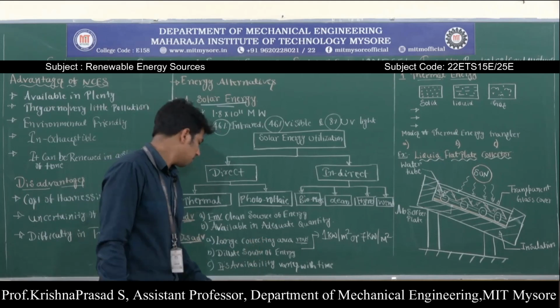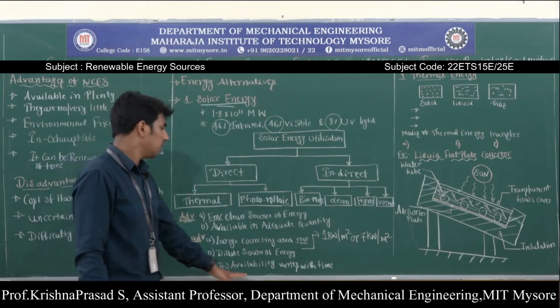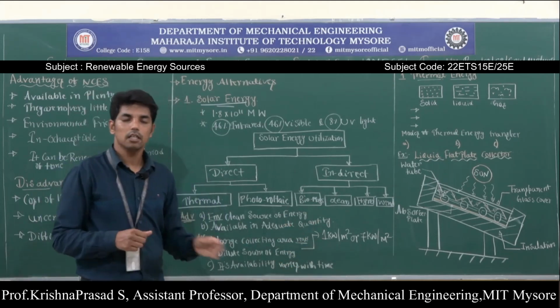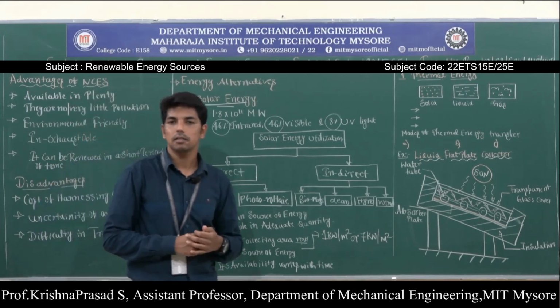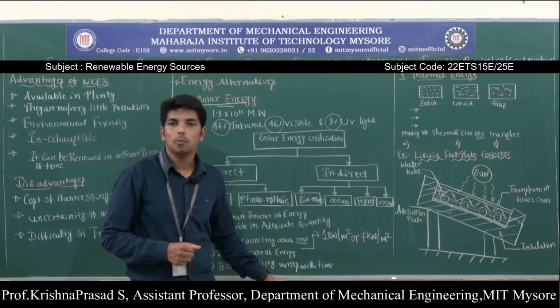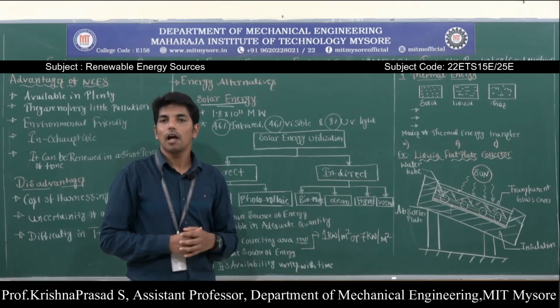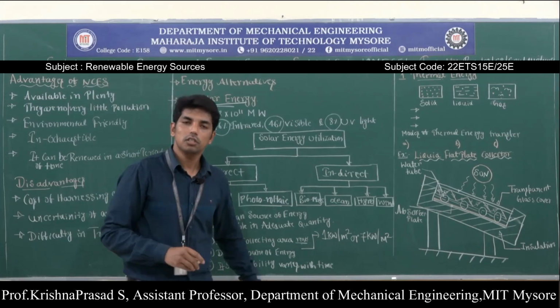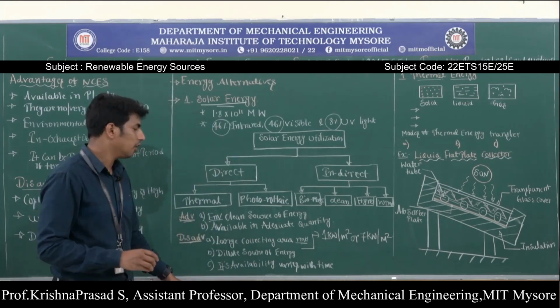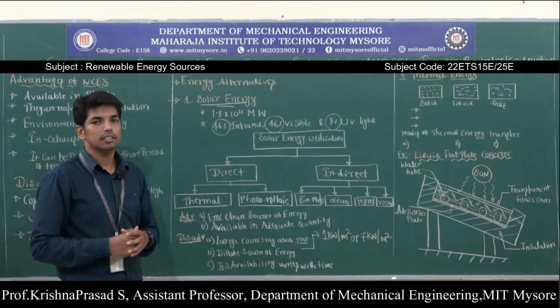Okay. Next, a very important one: its availability varies with time. Yes, solar energy utilization is not possible in the night cycle, and it also depends upon local weather conditions and upon the movement of the Earth's orbit around the sun. So these are some of the disadvantages regarding solar energy utilization.